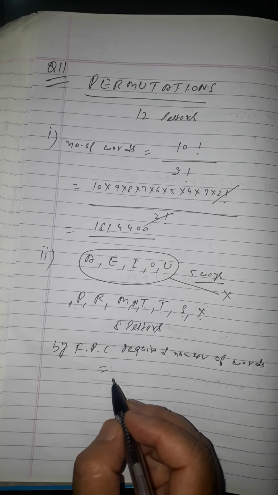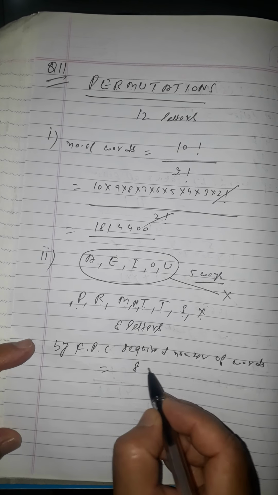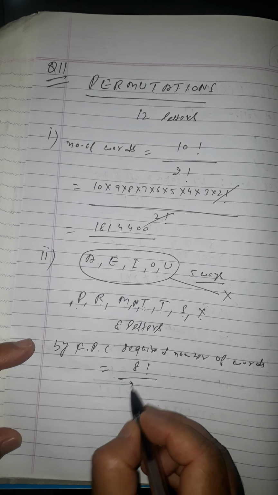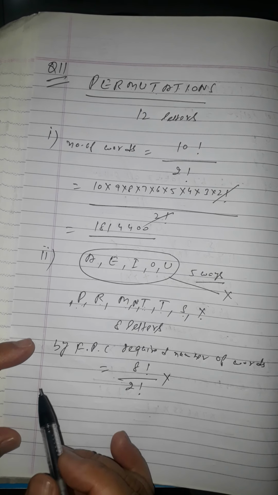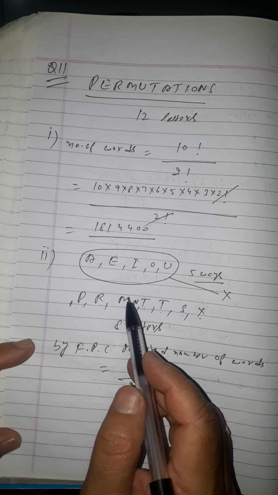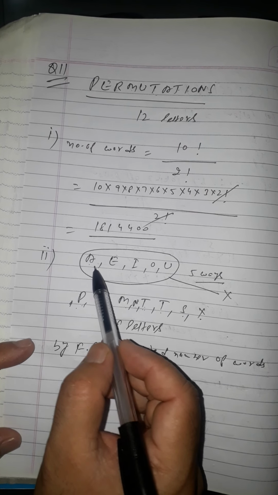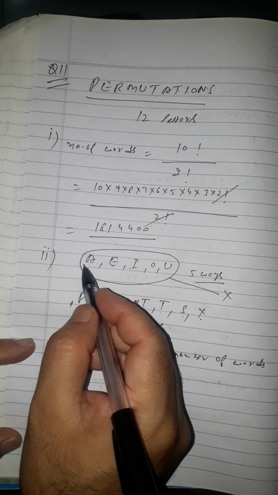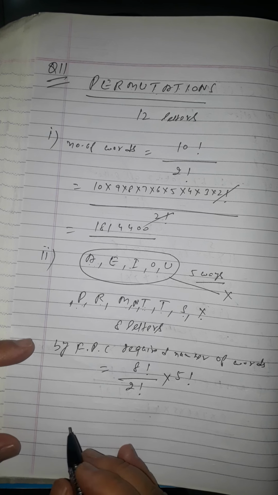That will come students. Now here the thing to note is that there are 8 letters, so 8 factorial upon, there are the 2 letters that are repeating, that is 2 factorial, into these vowels, they have 5 ways to write them. 5 ways how? In the first position A will be, then the remaining 4 will be in their positions, next time E will come forward students, so there are the 5 ways, right?